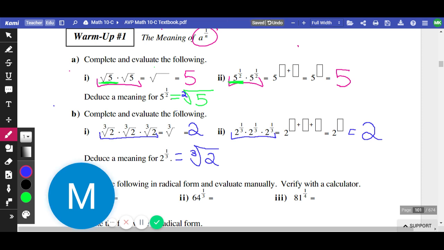If you look at this guy, we have 2 to the power of 1 over 3 equals the cube root of 2. So, what's the little index on this guy? It's a 3. And you'll notice that whatever's on the bottom is the same number as the index. That's because that's actually one of our exponent rules. Our exponent rule is that if you have a fraction exponent, you could turn it into a radical by making the bottom number the index. Right? And that'll always translate that way. Bottom number becomes the index.